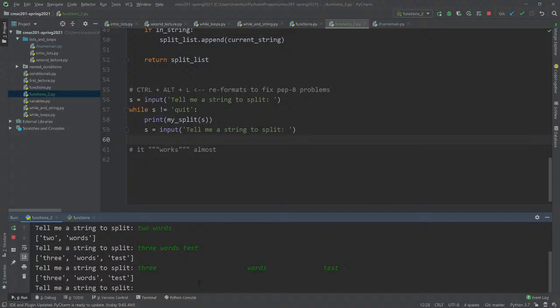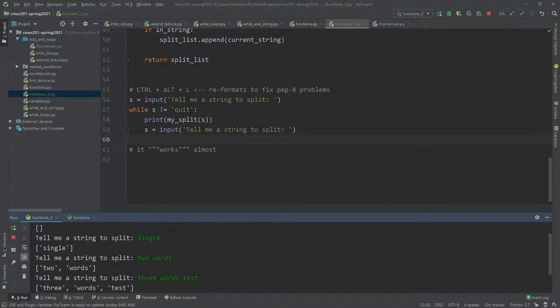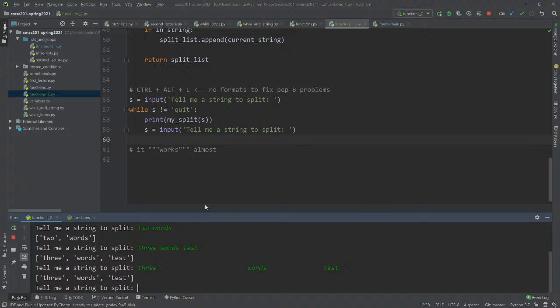So what other kinds of things would we have to test? Hard to think about, really. We tested just white space, we tested an empty string, we tested a single word. The single word is really the important thing to test, because sometimes that could fail. The other thing is that it's important to test whether or not it works if there's space after the last word, or no space after the last word.